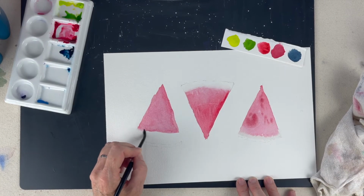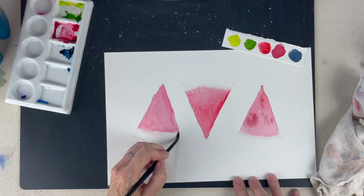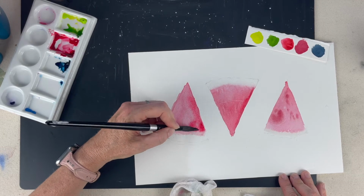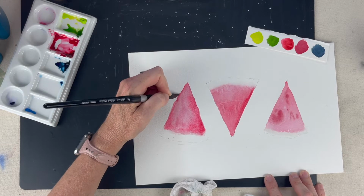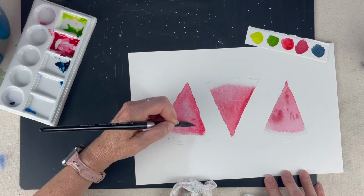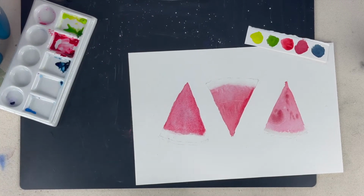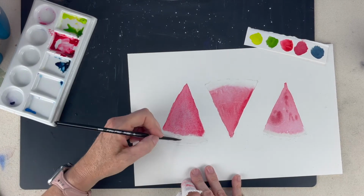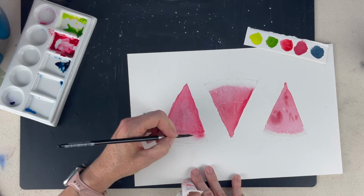Teasing out that line. This one dried on me very quickly, and I'm actually having a hard time teasing out that line, so I had to add another bit of the quinacridone scarlet to get it more wet. Okay, in order to get a nice soft transition here. So I'm wetting my paper below and then going in and teasing the line just so that you could have a nice